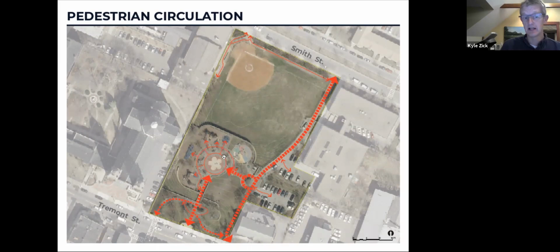I didn't spend any time on the circulation around the playground. I think we'll get into that more, but it is kind of this wheel, a hub that radiates out into the different aspects and the different uses, from swings to basketball to the different age group and the different components of the play area.